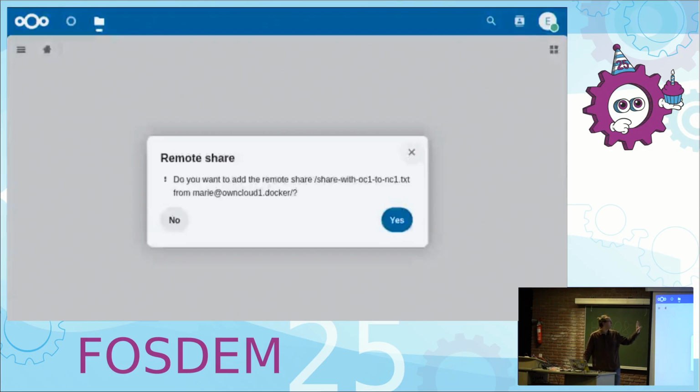But probably Einstein will get a link saying, here you can find this file, which is actually remote. And then these servers, for instance, talk to each other with WebDAV. It could also be any other kind of resource, right? It could be you're invited to a video call, and then a video call is established. ownCloud Mesh is just about establishing this contact in a trustworthy way.